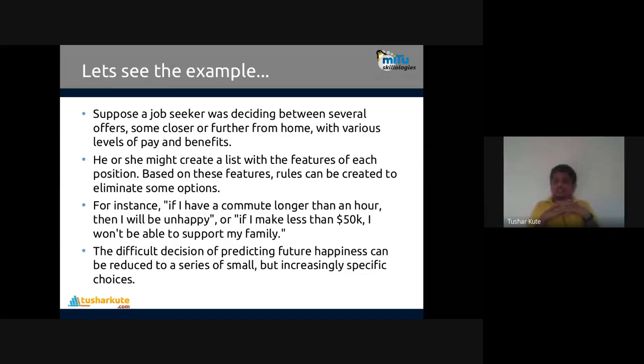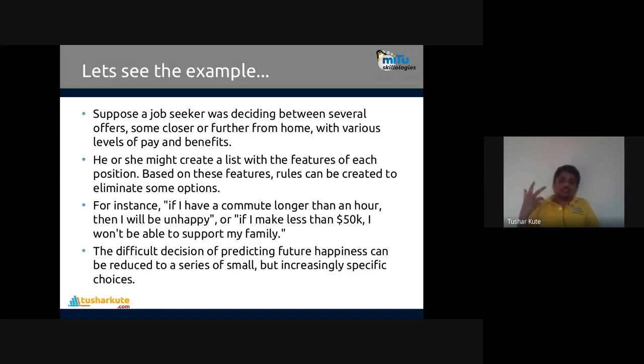So he or she might create a list with features of each position, and based on these features, rules can be created to eliminate some options. If I have a commute longer than an hour, then I will be unhappy. Or if I make less than $50,000 per year, I won't be able to support my family. Constraints and conditions are there, and based on those conditions, my prediction is my happiness.